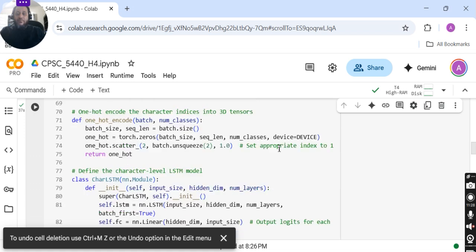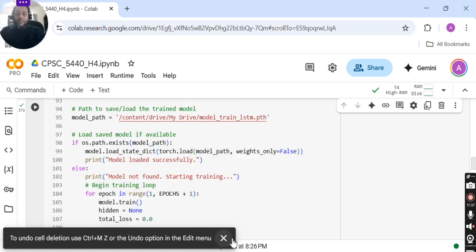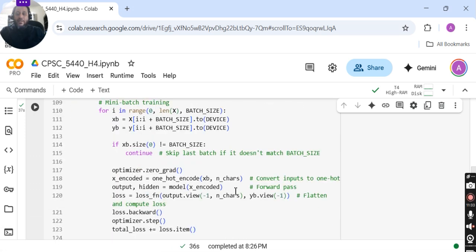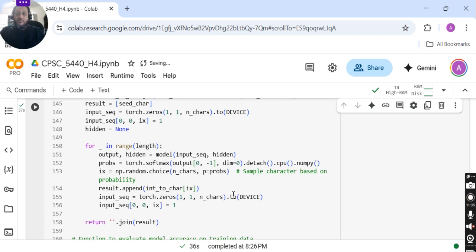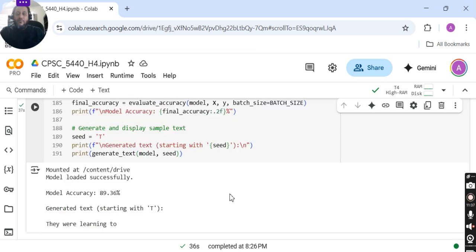So here is the code. If I change this letter, we were using T, so I'm going to change it to A. Now it's going to bring up the sentence that starts with A, and it won't train, as we have already saved the model on our Google Drive.